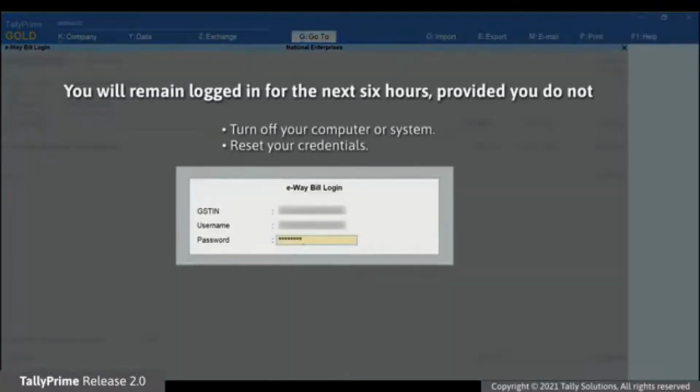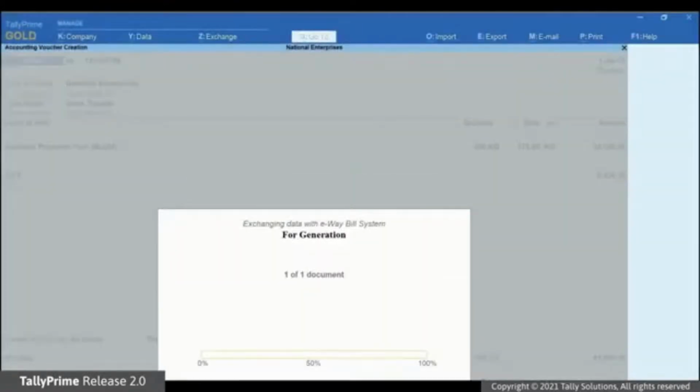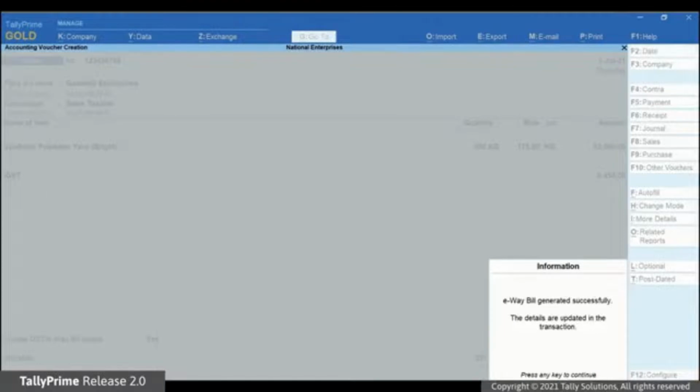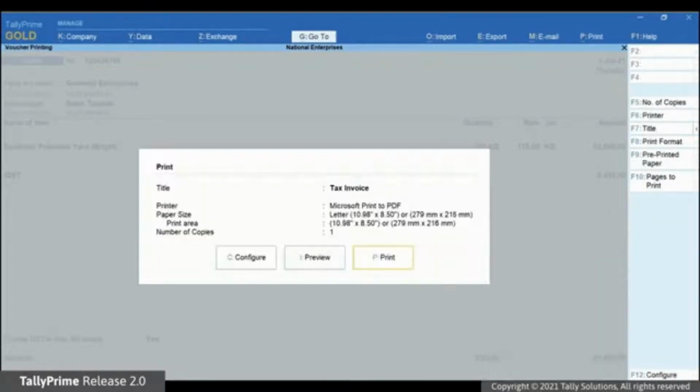You will remain logged in for the next 6 hours provided you do not turn off the system you are working on or reset the credentials. Press Enter. As you can see, Tally Prime is exchanging information with the e-way bill system. As the exchange of information completes, a confirmation message appears.